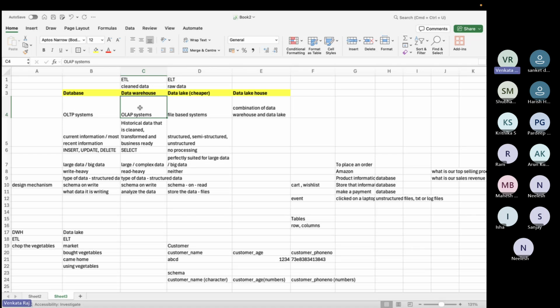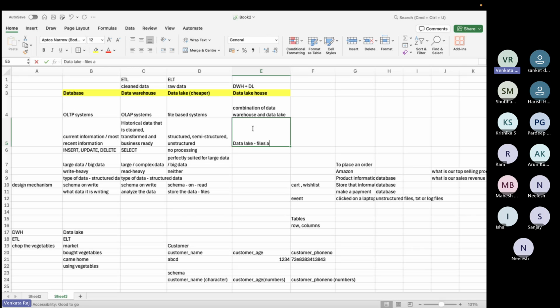You have to join or do some transaction or operation between these two, a warehouse and a data lake. It will be really difficult for them to go with this approach. So what they have done is they have created a data lakehouse, which is a combination of data warehouse and data lake. Okay, so what they have said is, in the background,